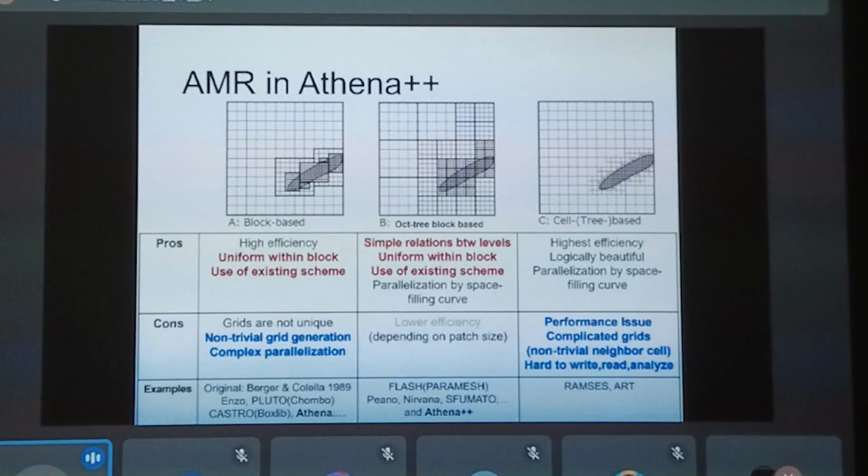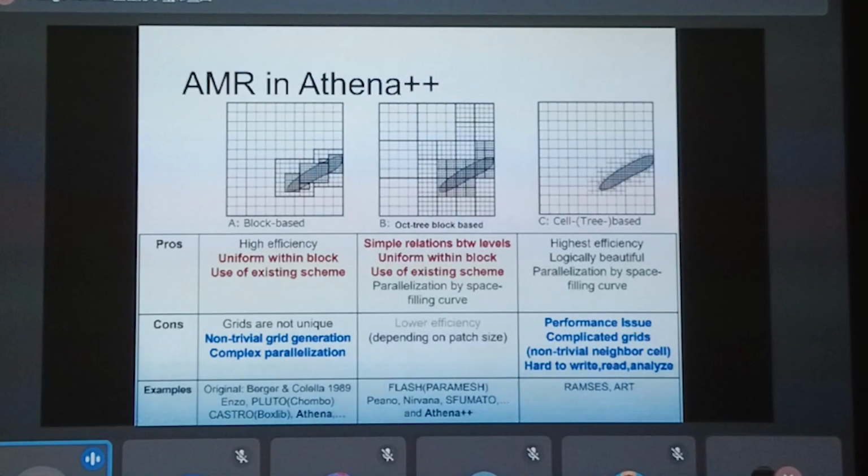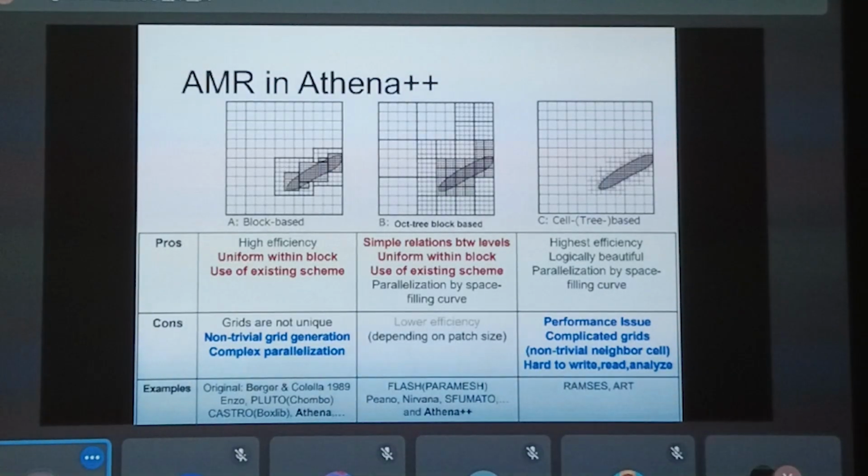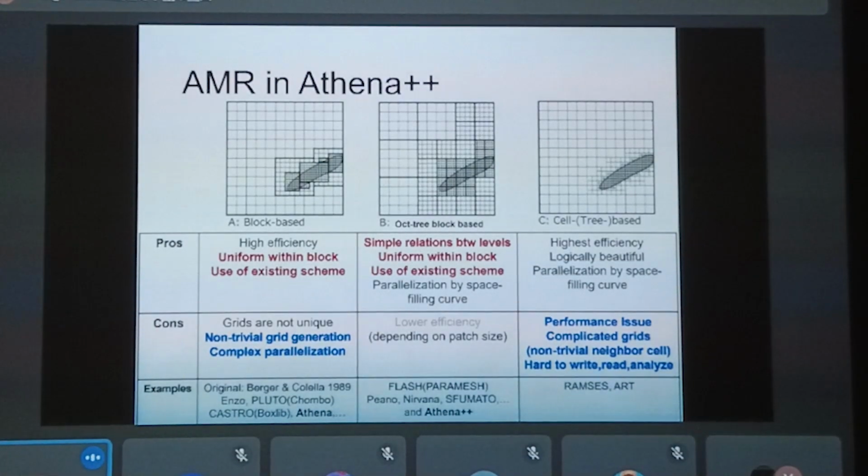And the disadvantage of this implementation is actually already graphically indicated. It doesn't fit the solution very strictly because the locations you can define are limited, because we always need to refine the parent block into 2 by 2 or 2 by 2 by 2 child blocks. So in that sense, this requires more memory and a little bit more computation.